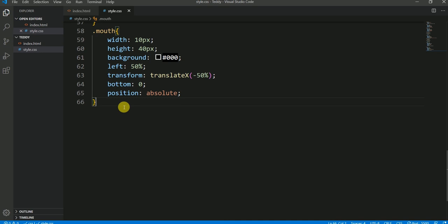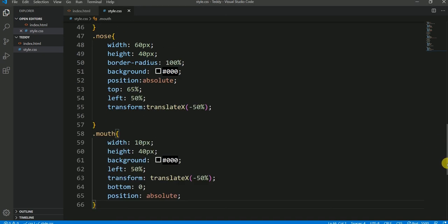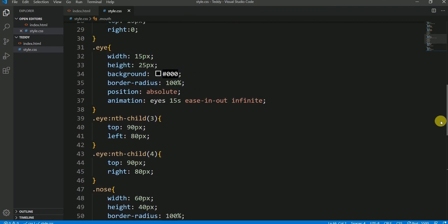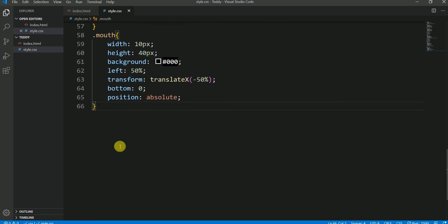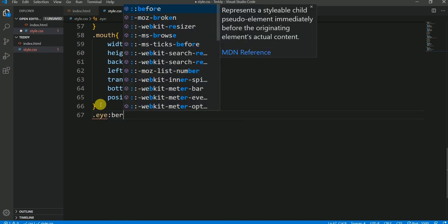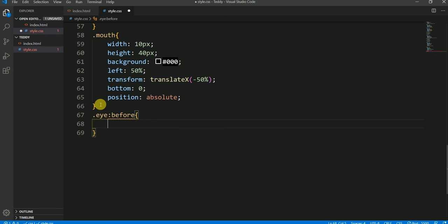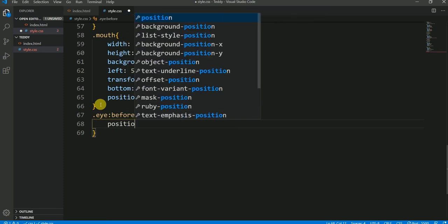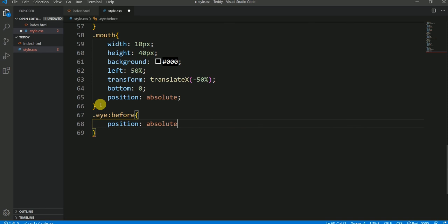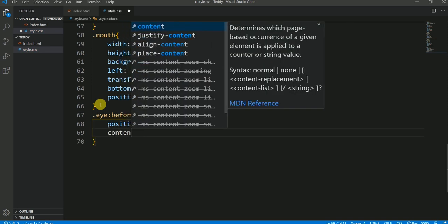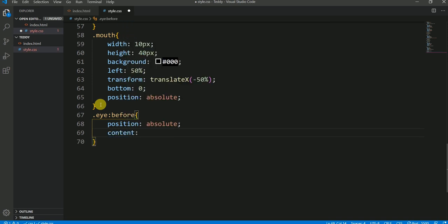So I need to do something, okay, you know what I'm going to do. Okay, let it be here, and let's say that I before, and position for this would be absolute, and then content and nothing,